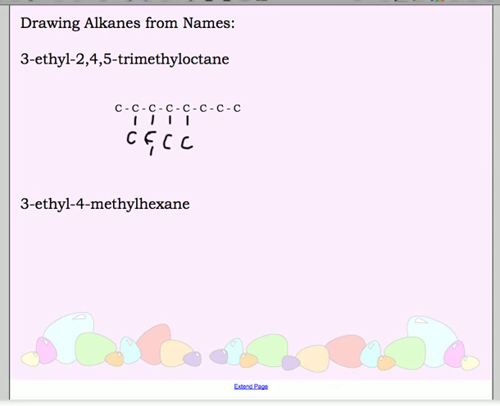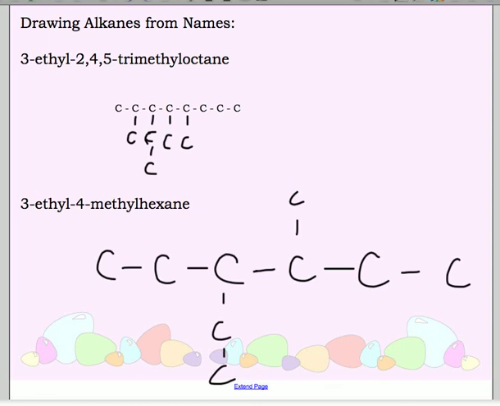So, again, you could have drawn these with all of them up. You could have drawn them with some up and some down. As long as they are attached to the right carbon, you are fine. So, take a second. Again, I'll pause it for the 3-ethyl-4-methylhexane and just make sure. All right, so here's my